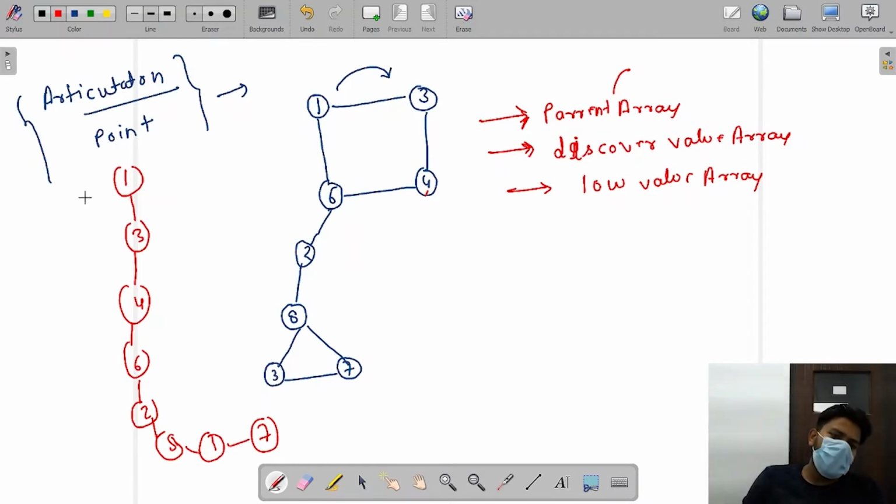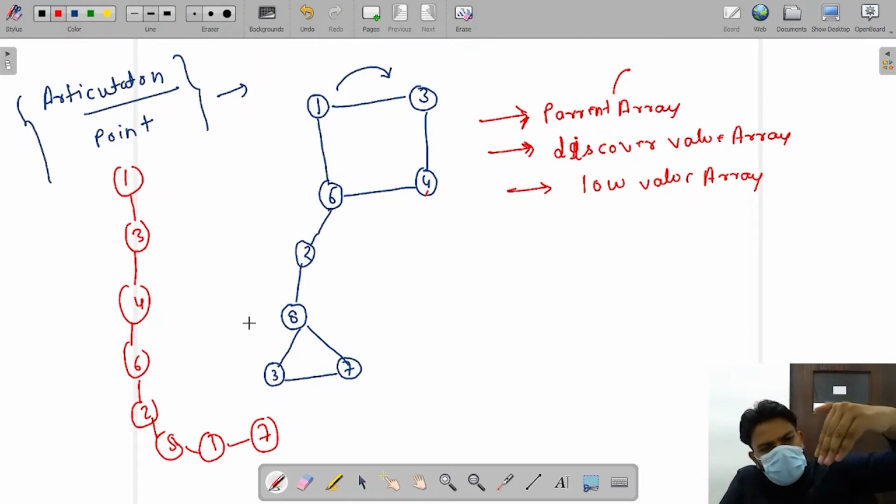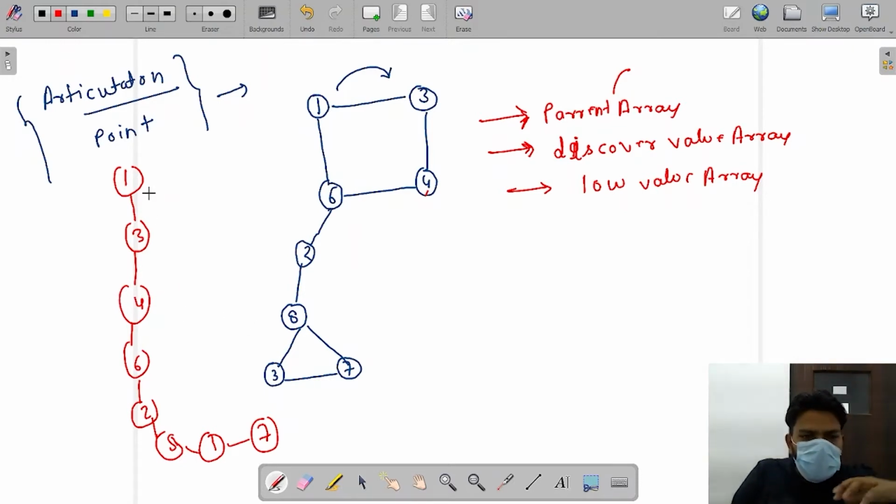And then we backtrack it, and we explore another path, and we explore another path. So when we backtrack, we go to another path, then we come back. So when we discover any node, any vertex, like when we call the 1 to add, like what is the